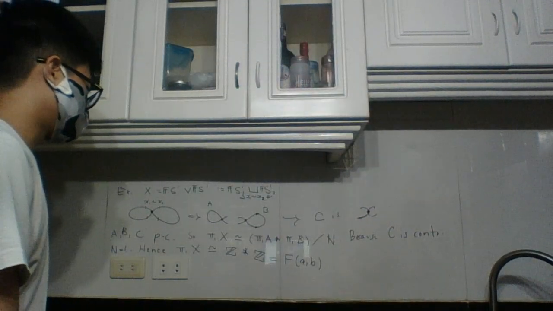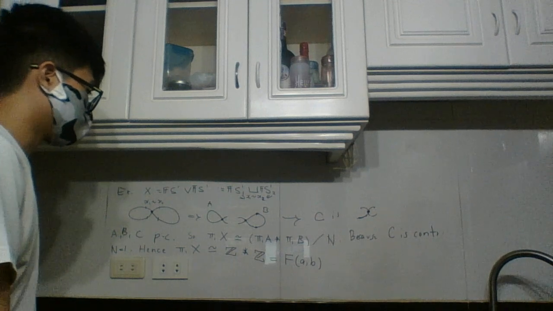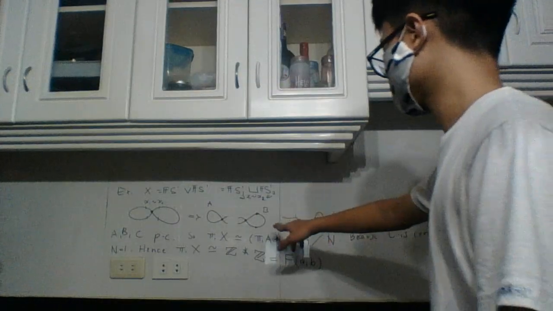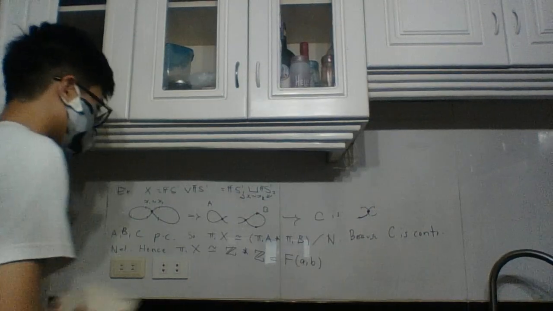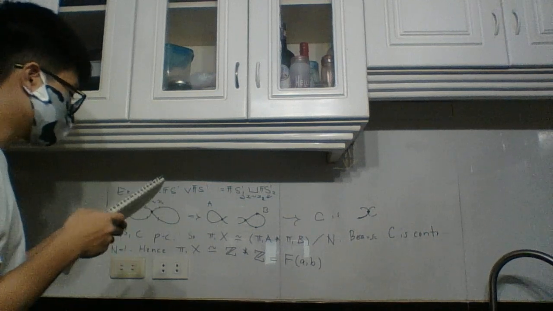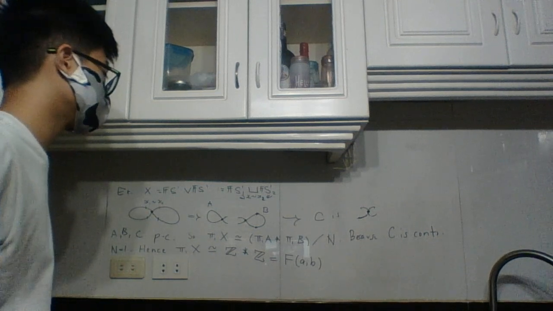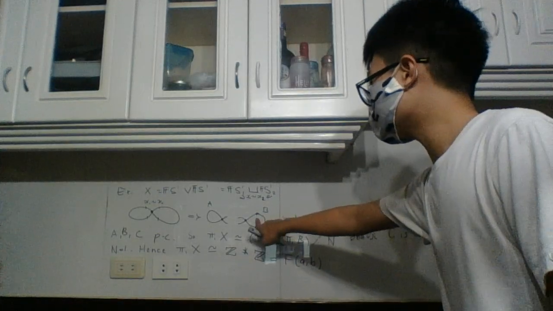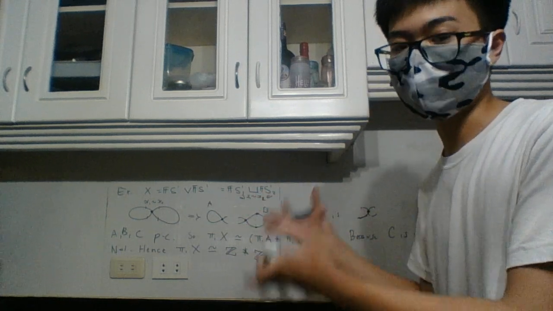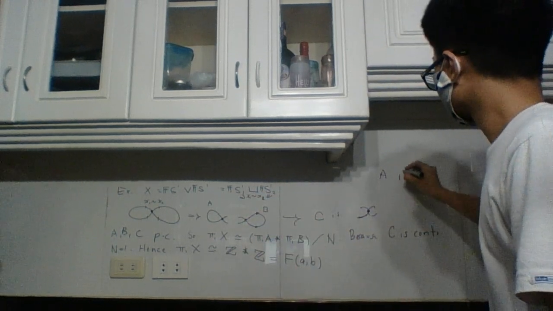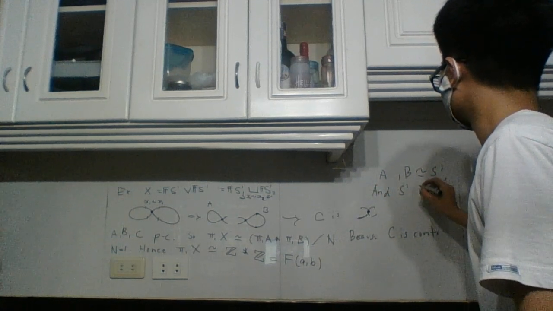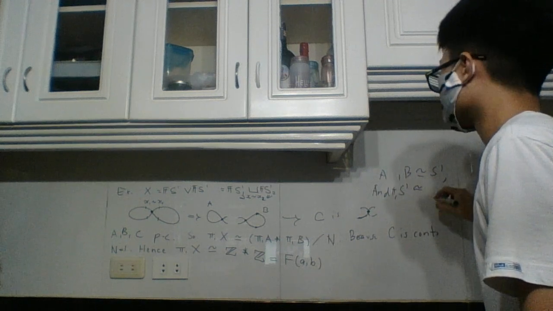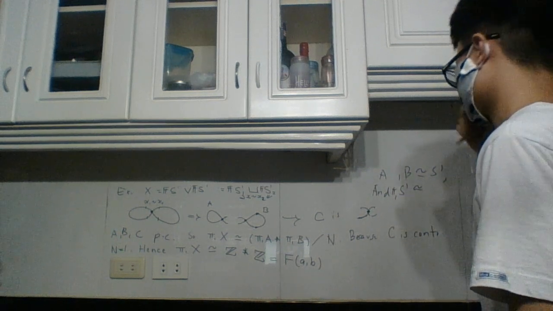And you also notice that A and B here are simply just integers. A and B here are S1. And you notice that S1, or the fundamental group of S1, is the integers. So I'll note it up here. Notice A and B here, they are homeomorphic to S1. And S1, or the fundamental group of S1, is isomorphic to Z,